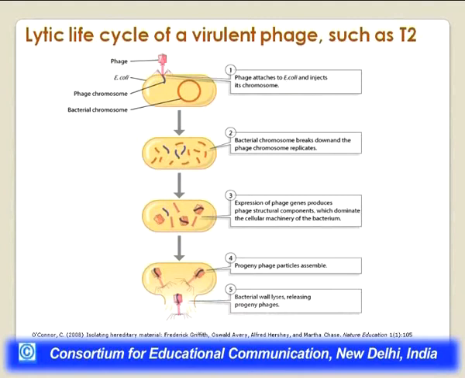The expression of phage genes present on the phage chromosomes produces phage structural components which dominate the cellular machinery of the bacterium. The progeny phage particles assemble and the bacterial wall lyses, releasing the progeny phages. So that's a typical lytic life cycle of any virus, any phage such as T2. It infects the bacteria, injects its DNA inside it, the protein coat remains outside, only the virus chromosome tends to replicate inside the cell, and then more and more progeny are formed and released by lysing the bacterial cell